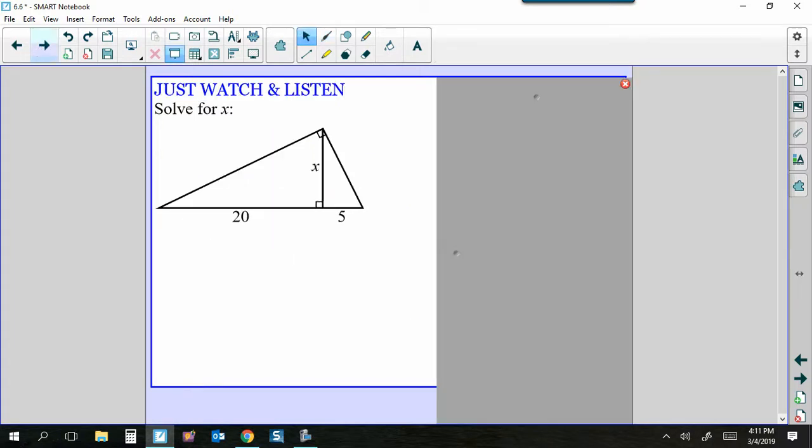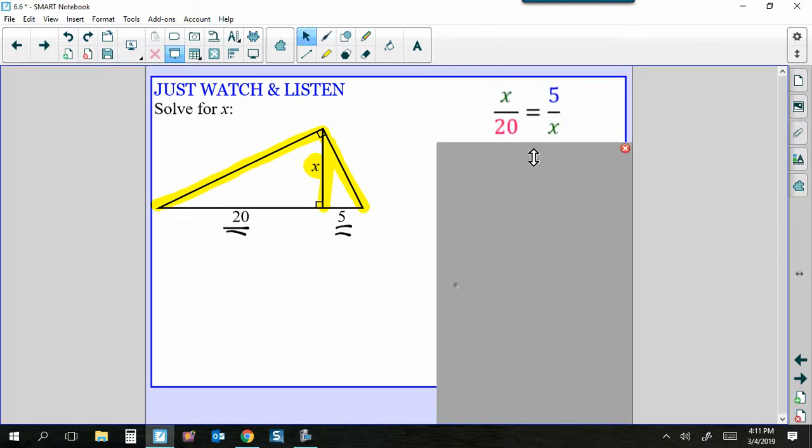All right. We have another watch and listen. Notice this time when I highlight the 3 pieces up here, we have nothing on the legs, but we do have something on the altitude. So this is going to be an altitude rule problem. If you remember, the altitude is the geometric mean between the pieces the hypotenuse is broken into, so that left and right side. So you're looking just at these pieces right here. You have the 20 and the 5. So you're going to set this up as x to 20 is equal to 5 to x,